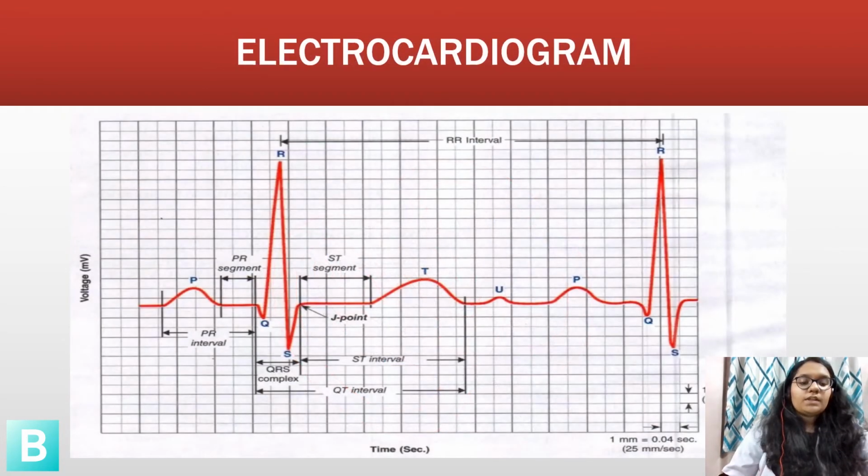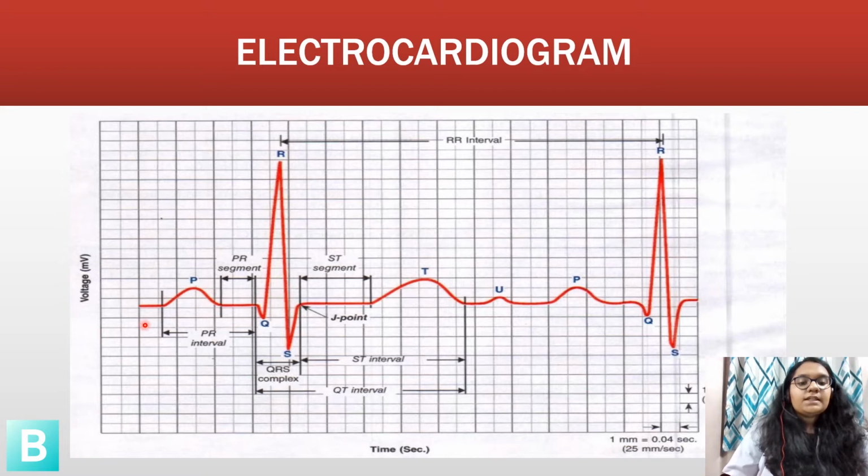So now, coming to this typical graph of ECG, we can see that it consists of different waves, segments and intervals. The recording paper has a speed of 25 millimeters per second. Hence on the x-axis, 1 millimeter division corresponds to 0.04 second, while on the y-axis which plots voltage, 1 millimeter is equal to 0.1 millivolts.